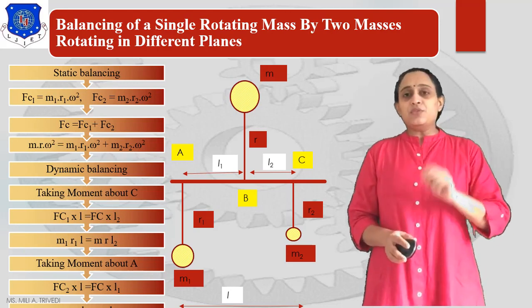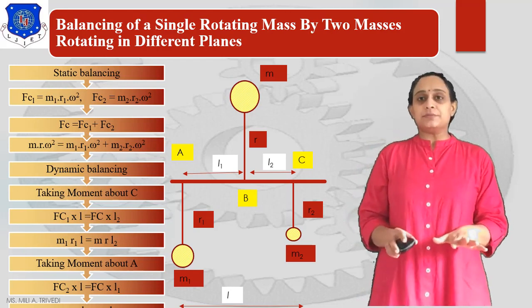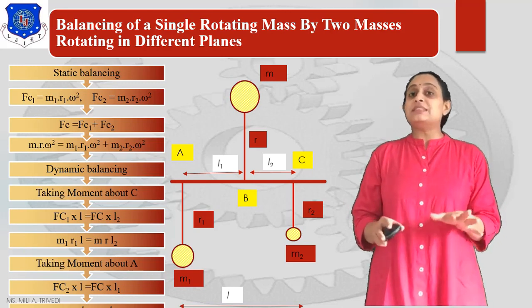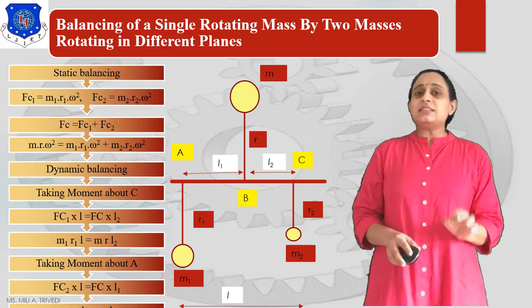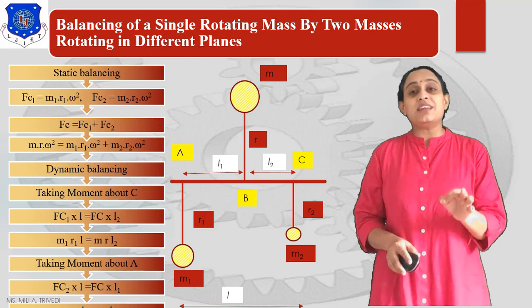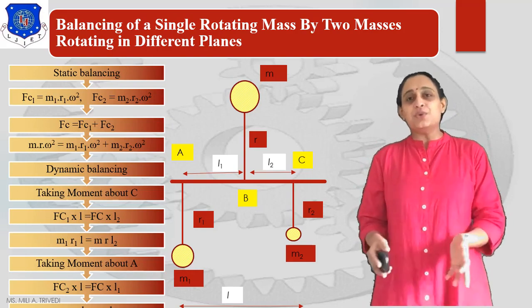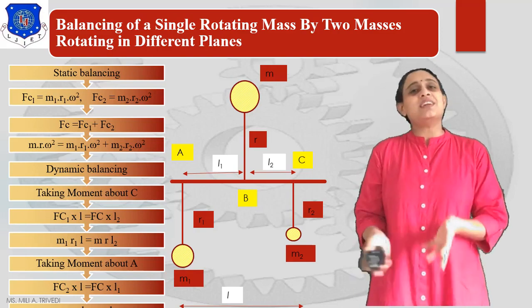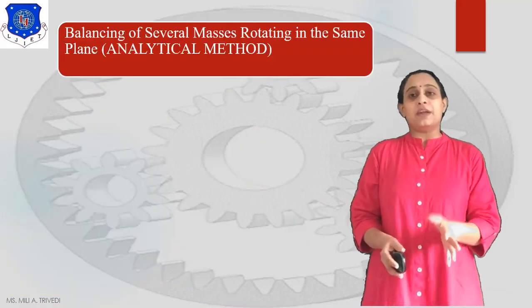Now remember one thing, these are the very basic theories of balancing. By these theories, we can only understand what balancing is and how it can be useful for us. The balancing system is used in each and every rotating as well as reciprocating mass. And as we all know, in mechanical as well as automobile engines, we are using rotating and reciprocating masses. So this is a very, very important topic for us.